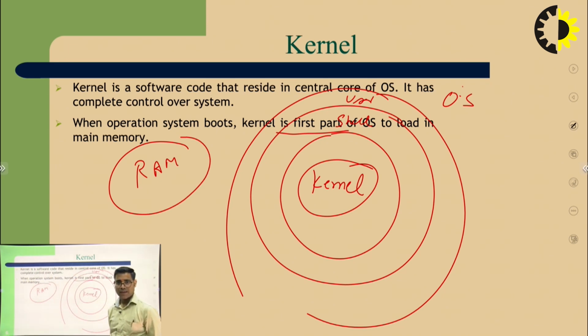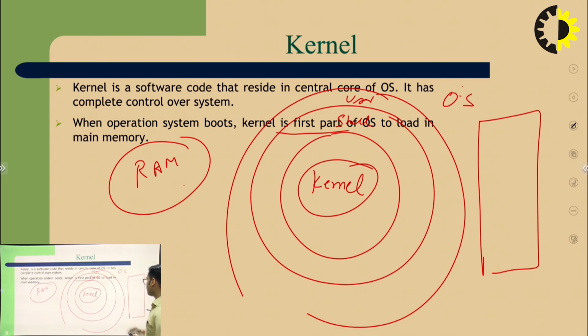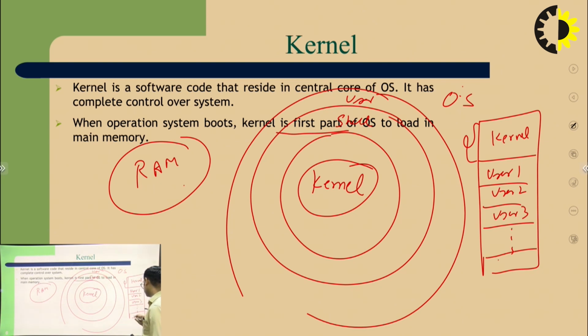When the system boots, the main functionality of the OS is loaded into this RAM, right? So in a RAM, suppose this is your RAM, here is the kernel. This portion is privileged mode. Only authorized functionality resides there, and here the different user applications run in the RAM. So the user or an application cannot directly interact with this kernel.